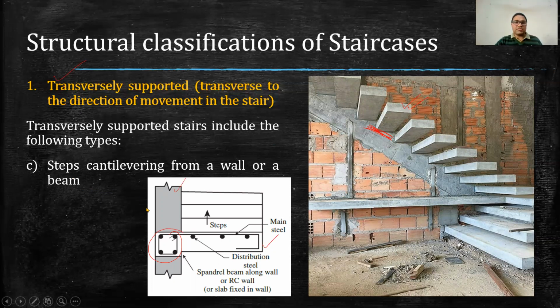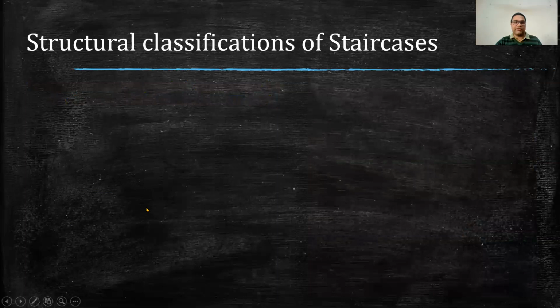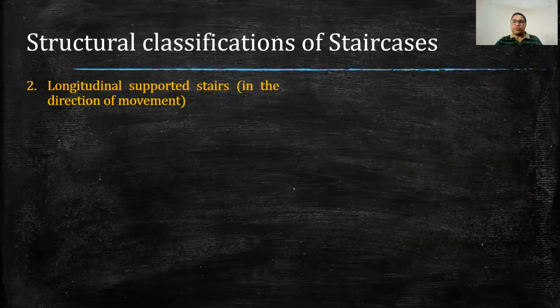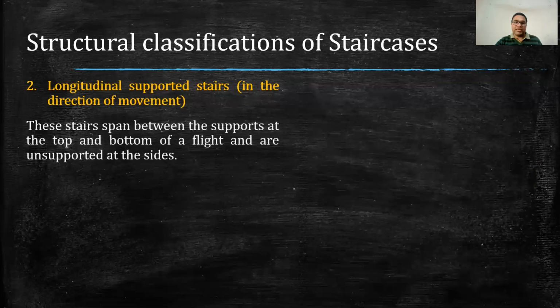Now talking about the second type of structural classification, and that is the longitudinally supported staircase. Now in this case, the bending will occur along the direction of movement or along the direction of flight. So these stairs span between the supports. Now I will again show you with the help of